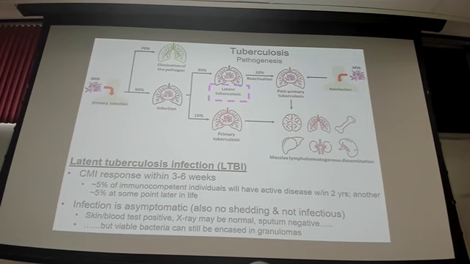Okay, so you formed your granuloma. This is sort of narrative style. We're past pulmonary tuberculosis, you've survived that, and you have granulomas in your lungs now. This is a little bit reiterative, this slide, but a couple of things to note here. These percentages: 5% of healthy people will have active disease within 2 years, and another 5% at some point in your life.